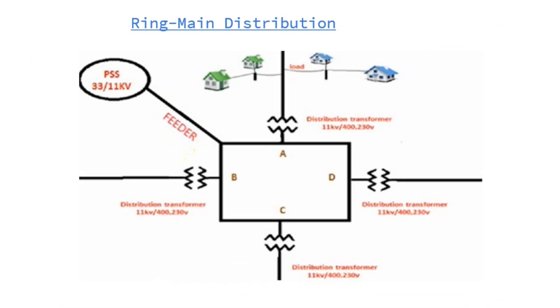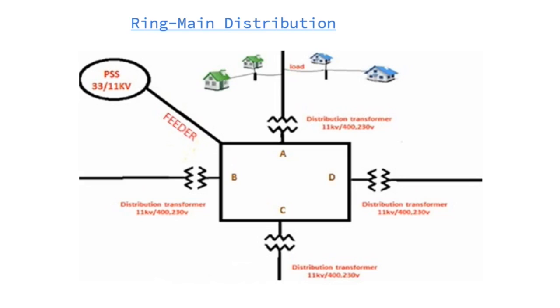Now in this picture you can see the ring main distribution system. Here you can see a substation and a feeder coming out, and after the feeder a loop is created, and that is A, B, C, D. Now at point A the feeder is connected to each house. Now suppose the line between the feeder and point A is cut, then the current will come from point B, C, D, and then again up to A. So there are two ways to come to the substation from each consumer.